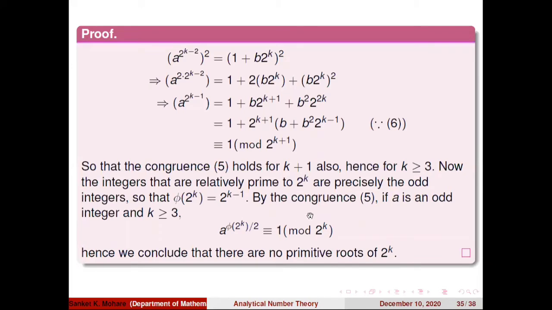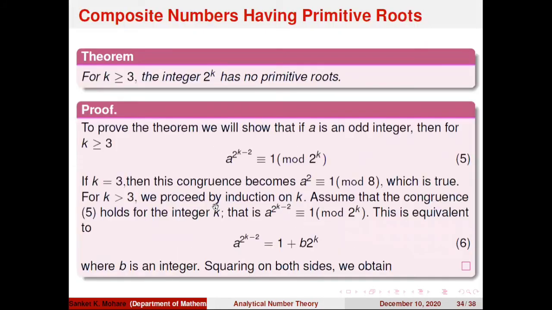Okay, now by congruence 5, look at congruence 5. What was that? a to the power 2 to the power k minus 2. That was congruence 5. So if a is an odd integer and k is greater than or equal to 3, what is the value here? Congruence 5 was a to the power 2 to the power k minus 2. But I can write 2 to the power k minus 2 as 2 into 2 to the power